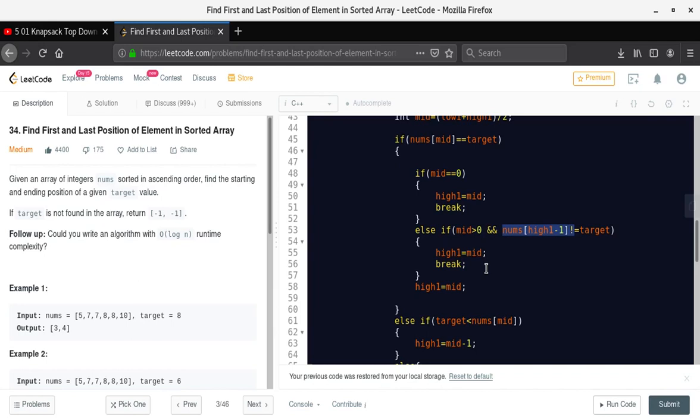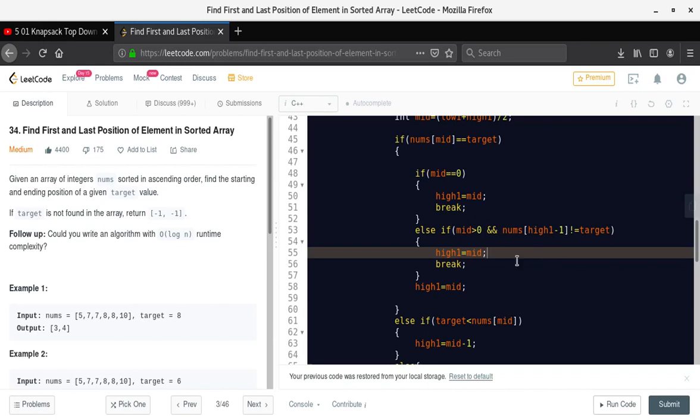And if the previous element on the left side of the found element is not equal to the target, then we break, and the index where we stand will be our answer, and we store it in high 1. So it is our first index for the answer.